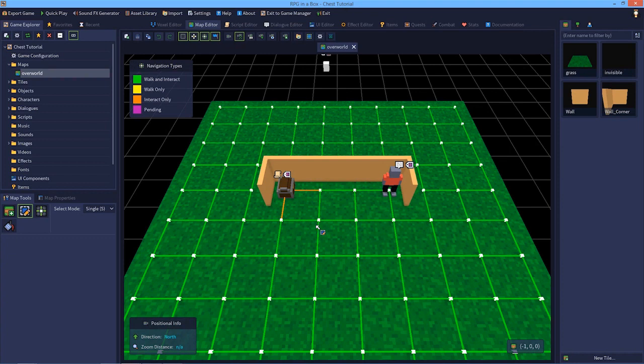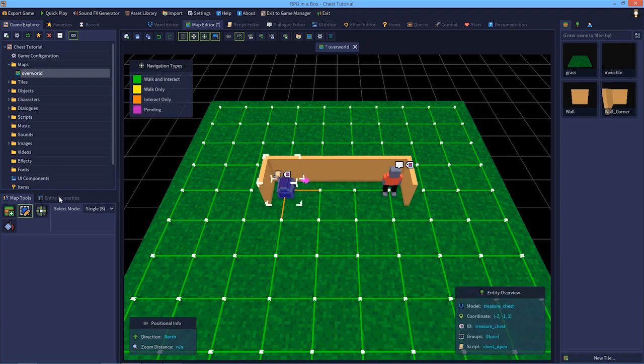But for now, let's cover how to make chests work as both a scripted object and also as a container. So what we have here from the previous videos, we have our visible container and we have our invisible Skyrim container system. Now, I'm going to select the container system and I'm just going to remove it because we're not going to use that in this video. And I'm going to select the visible container, the actual chest,